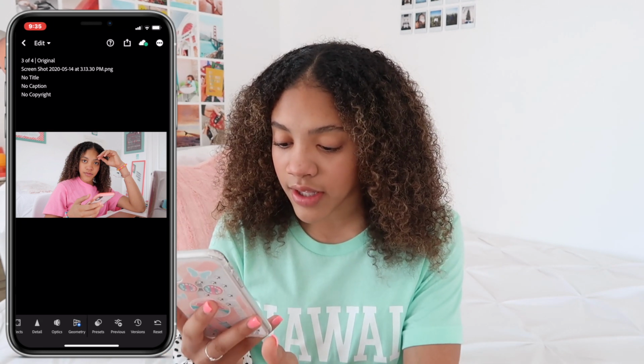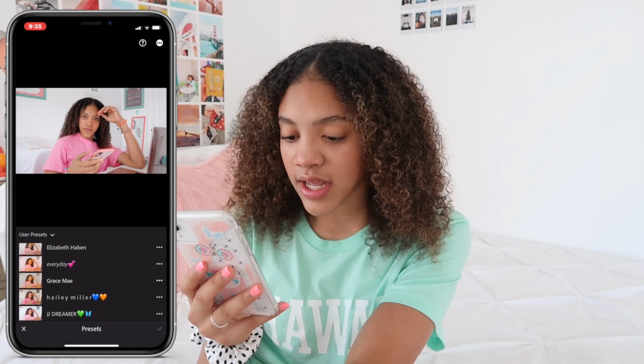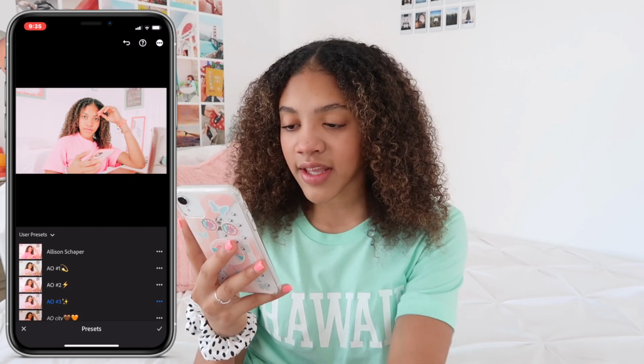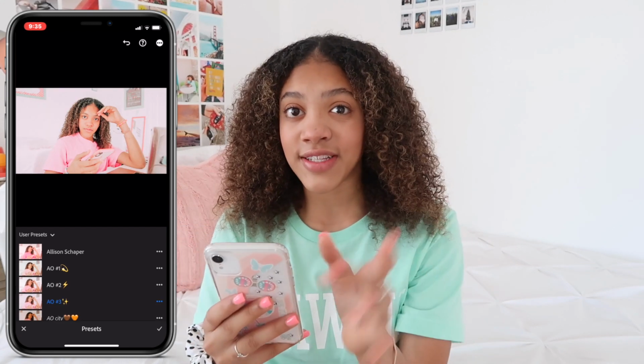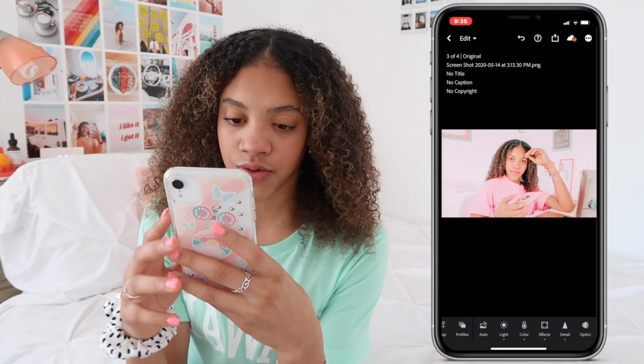I will scroll at the bottom and click this little section called presets, and the Aspen Ovard preset that I use right now is the one that says AO number 3. Click that. As you can see, it looks really crazy, but that's okay. That's what editing is for. So the first thing I like to do is